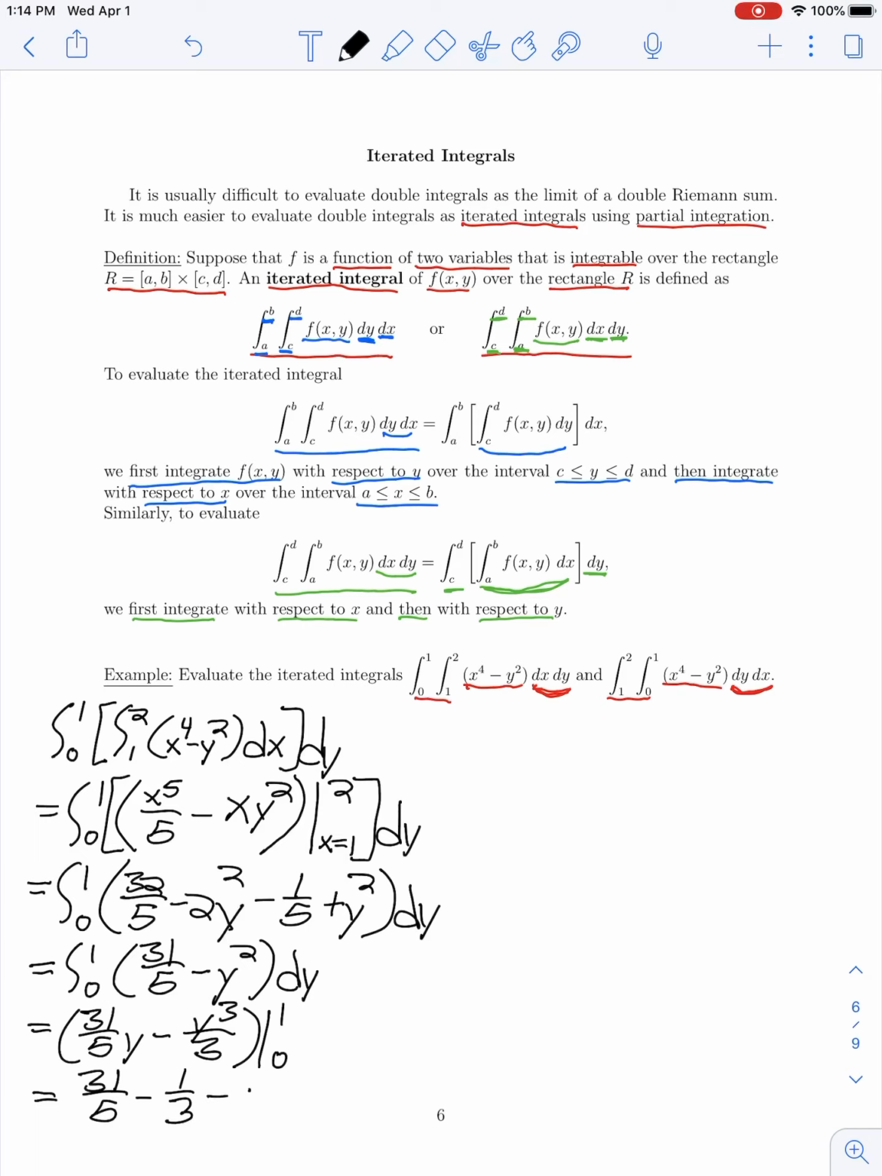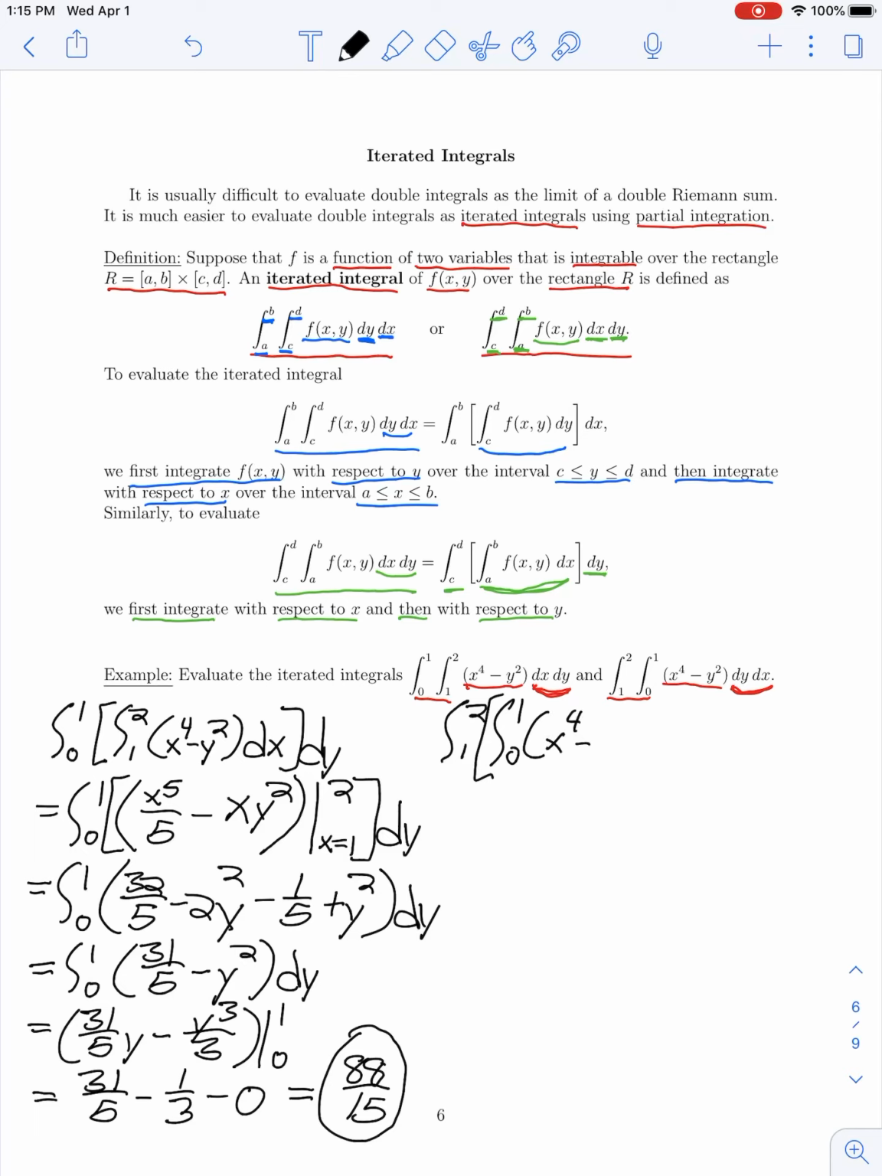So when we substitute 1 in for y, we have 31/5 minus 1/3. And then when we substitute 0 in for y, we get 0. So we're subtracting 0, and this leaves us with 88/15 for this iterated integral. Now let's look at the other integral, where we were reversing the order of integration,